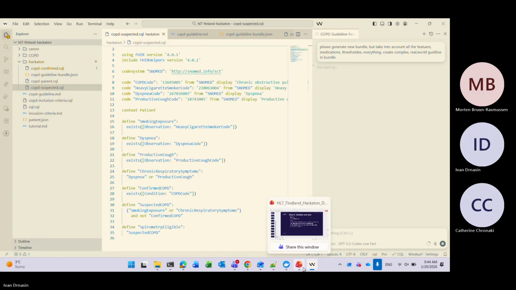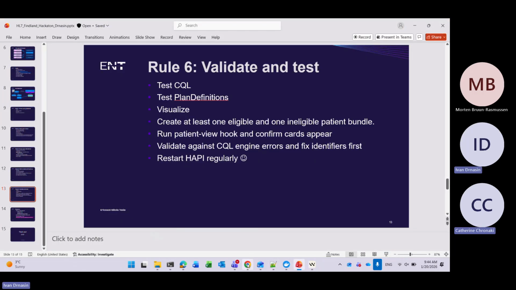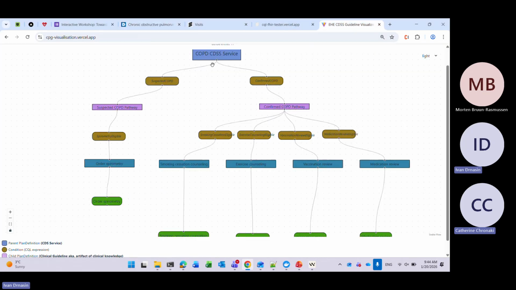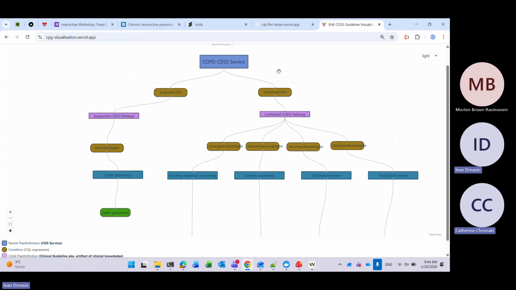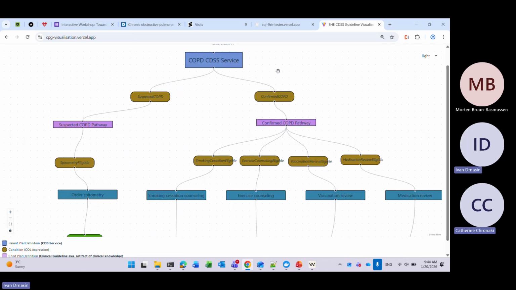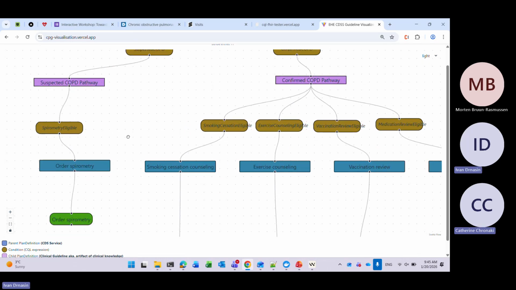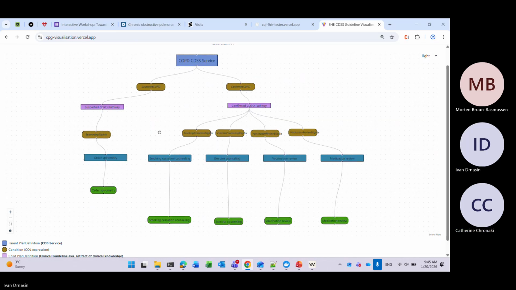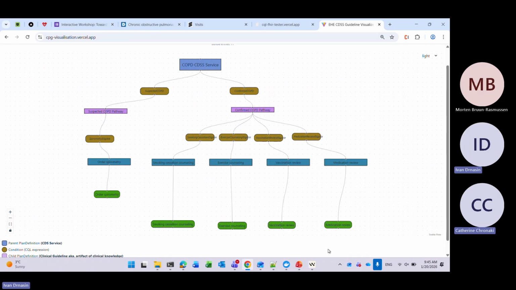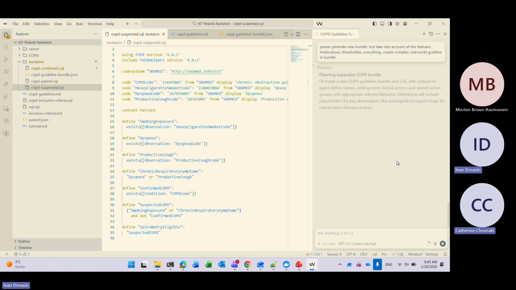Okay, so you see my AI, my model, was pretty good here. It respected my structure. It respected that I would like to have more of these pathways, I mean, more of these clinical guidelines on this level. And it respected some of my other rules, so it's good in this simple manner. But when things start complicating, we'll see.